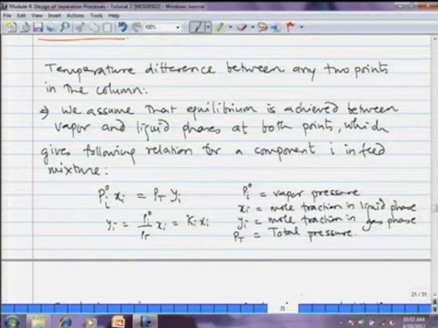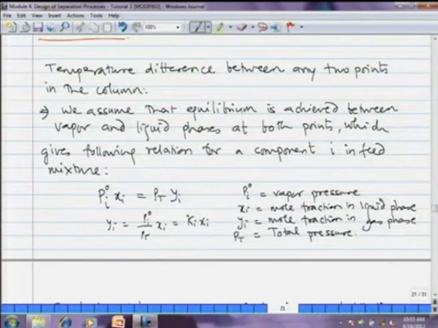First of all, we assume that equilibrium is achieved between vapor and liquid phases at both points 1 and 2, which gives the following relation for a component i in the feed mixture. This is the equilibrium relation: Pi naught into xi is equal to Pt into yi. Pi naught is the vapor pressure, xi is the mole fraction of that component in liquid phase, yi is the